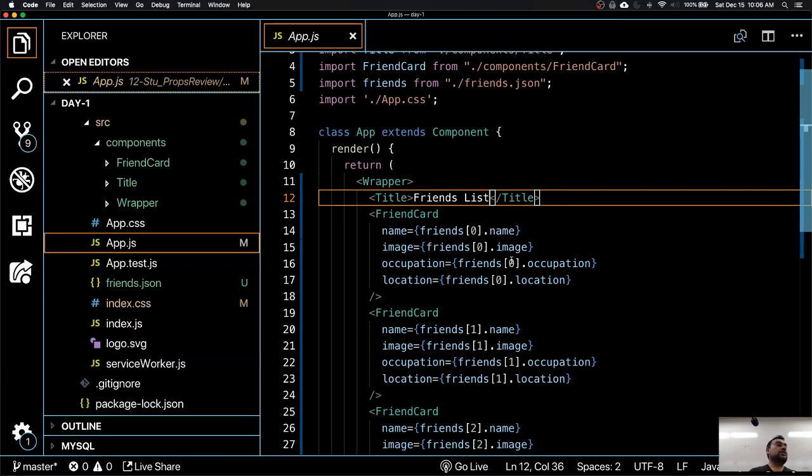Map method is similar to forEach. It takes a callback function. The difference is it returns an array. Okay, and that's what